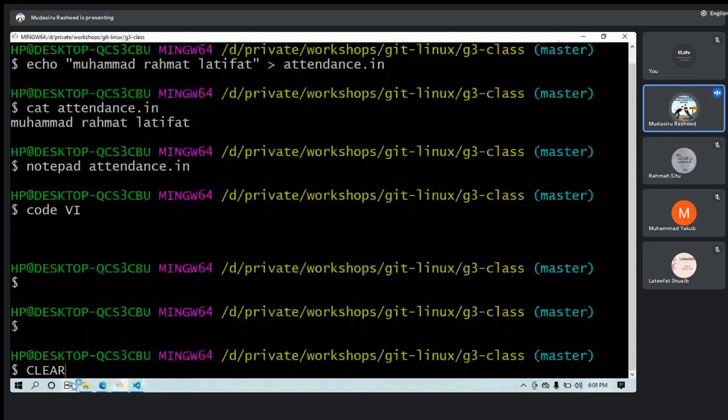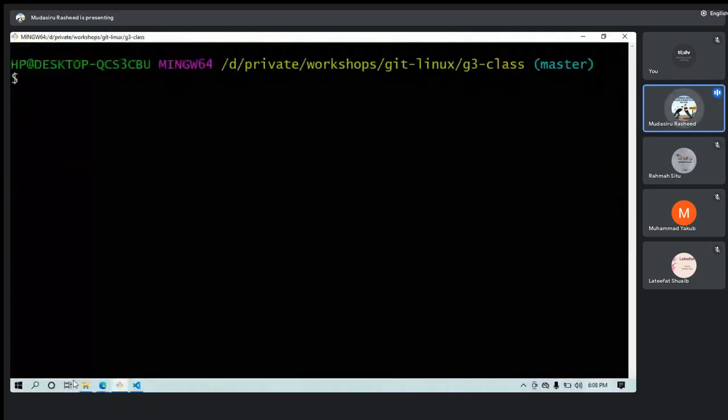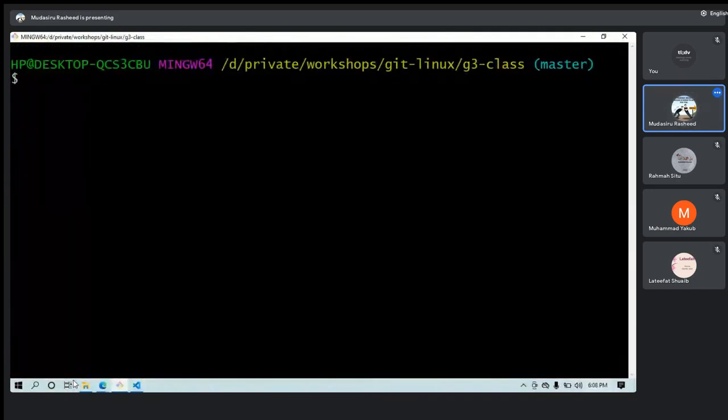Let me clear the screen. You can see the uppercase works, but it's advisable to work with lowercase.